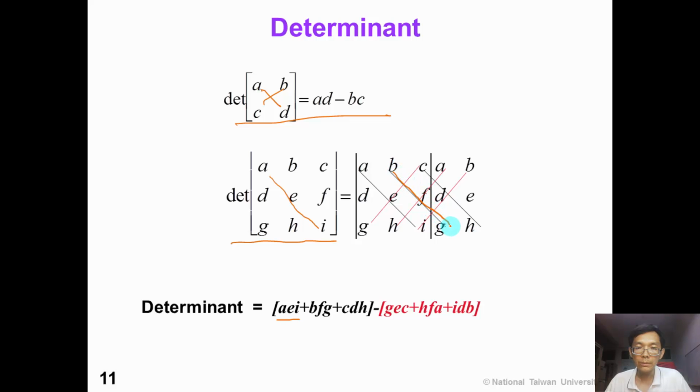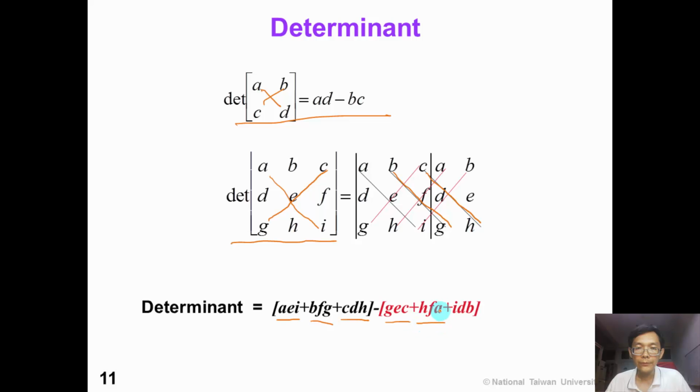If you expand the matrix in this way, you can see from this green diagonal line. And the last one is CDH. These two terms minus CEG, which is the other direction of the diagonal line,